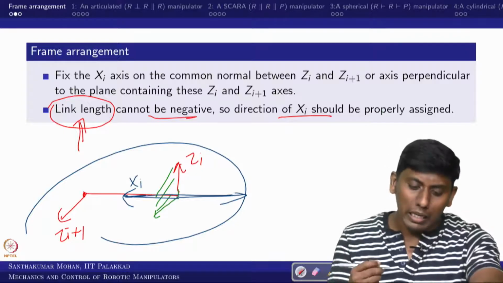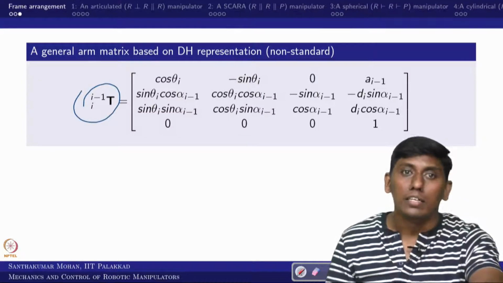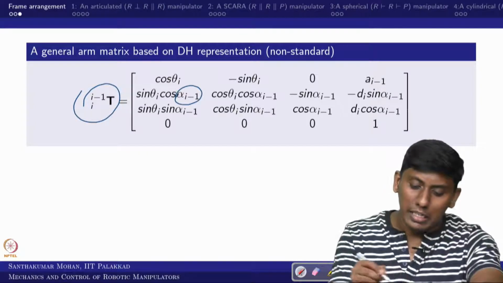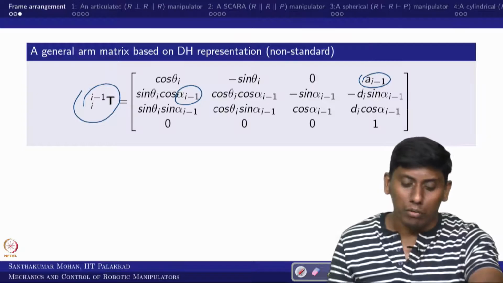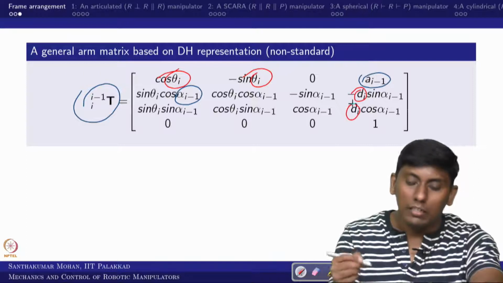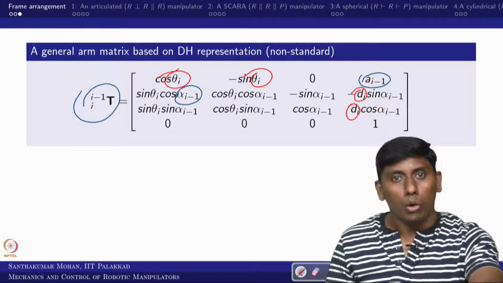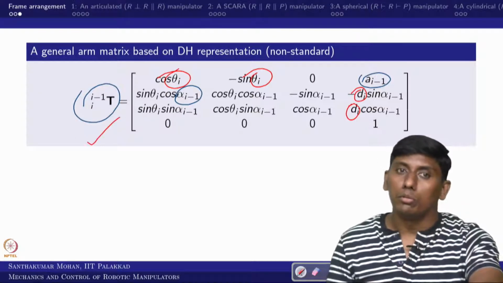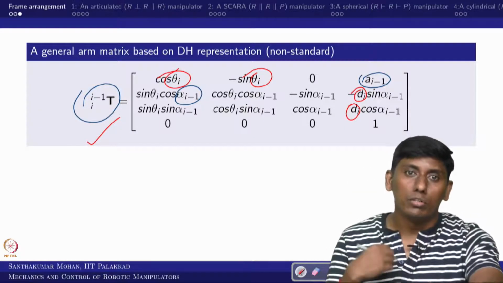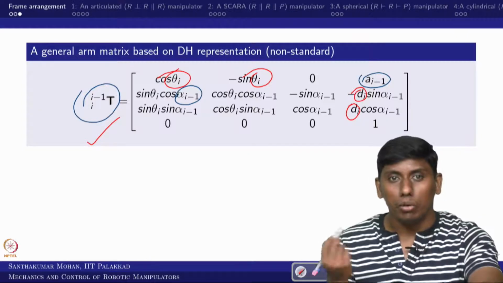Now we will move to the real example. Before that, recall what we derived as the ARM matrix in the non-standard form. Why do we call it non-standard? These are in the i plus or i minus 1 frame, and the others are in the i representation. There is no other specific reason to call it non-standard, but this gives more intuitiveness, so we are following it. We recall this matrix because we are going to substitute the Denavit-Hartenberg parameters of the individual frames and get something out of that.